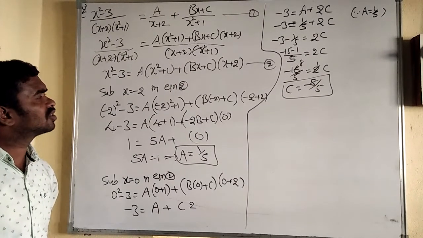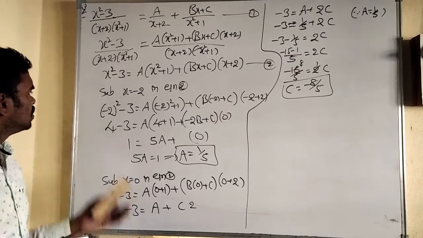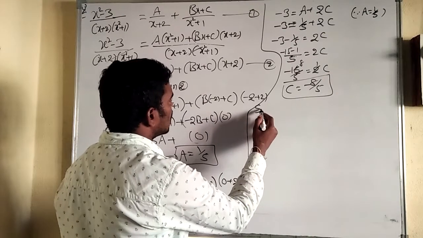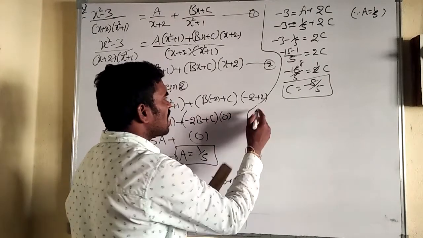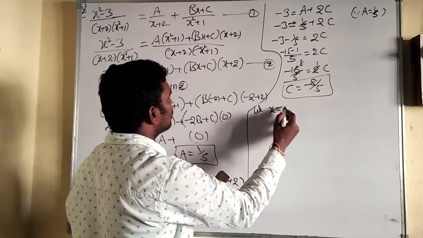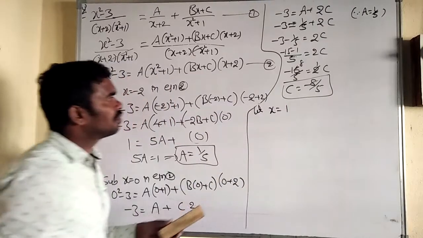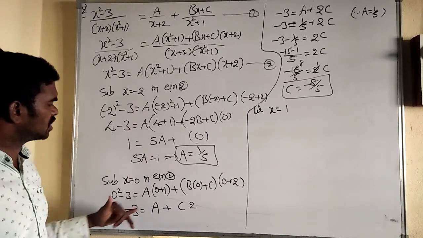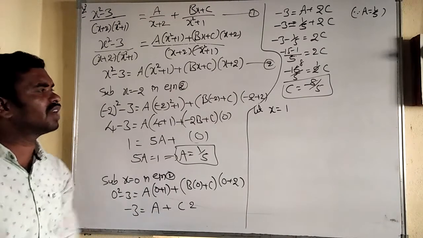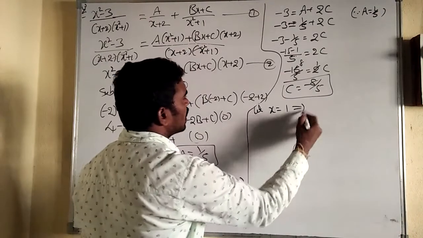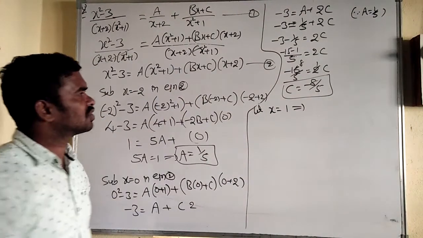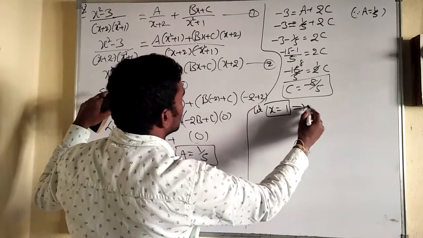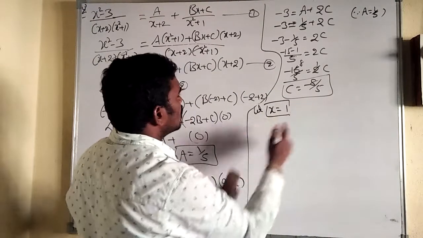If you take x is equal to 0. So now take any another value of x. Let your wish, any value. Let x is equal to some 1 I am taking, but that must not be taken in the previous ones. Here minus 2 taken, here 0 taken. So one another value we are taking, x is equal to 1. In another concept also I will tell you for this question. First listen to this. So let x is equal to 1 in equation 2.